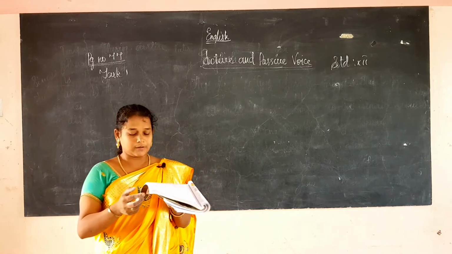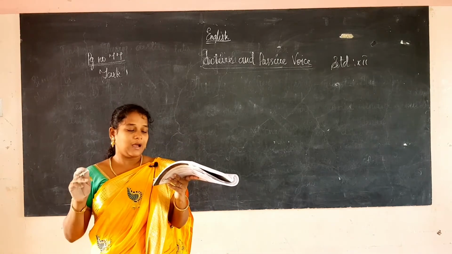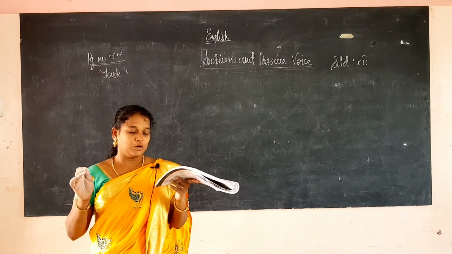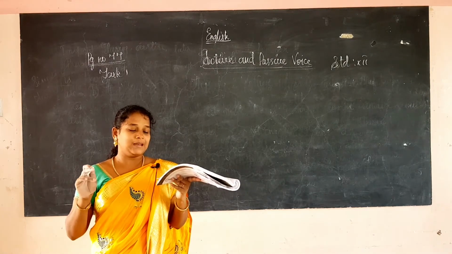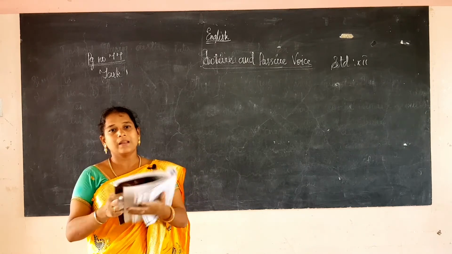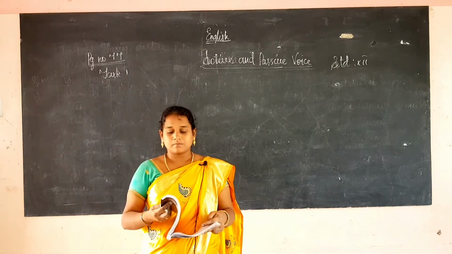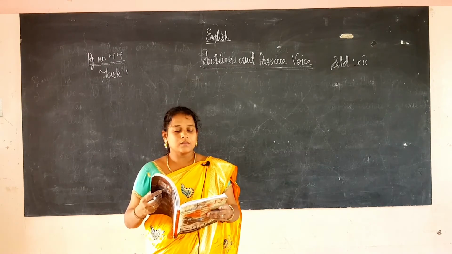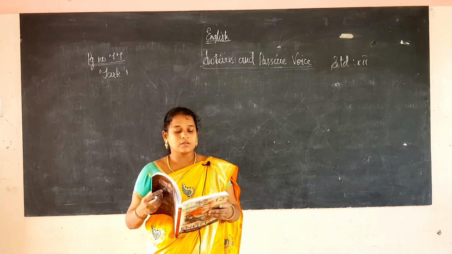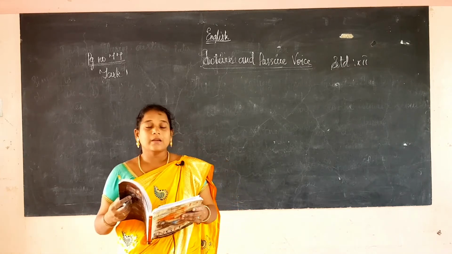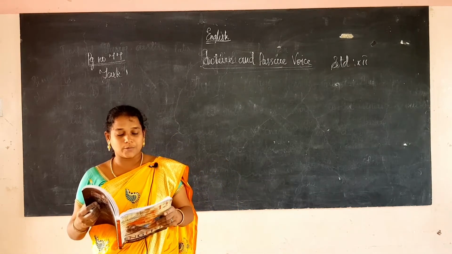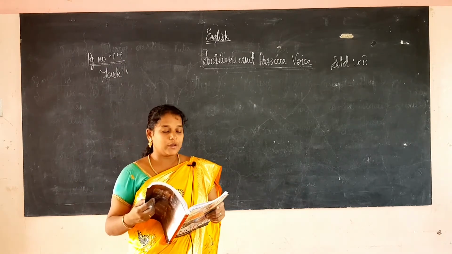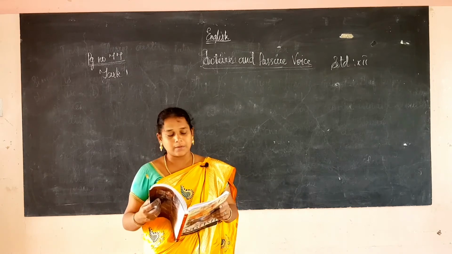Next one, where had you kept the book? This is a question type. Where is a question word, and had we have to write as it is. The object is the book, so we take the book there: where had the book been kept? Next one, when did you feel the tumor? So, when was the tumor felt? Next, how did you do the experiment? So, how was the experiment done? By you, you can add, otherwise there is no need; it is meaningful.